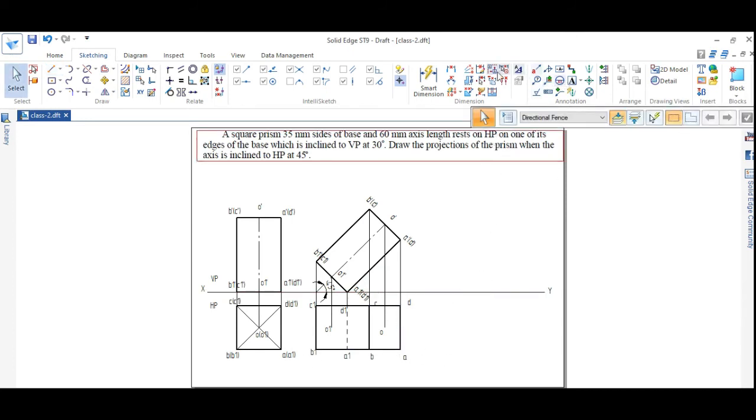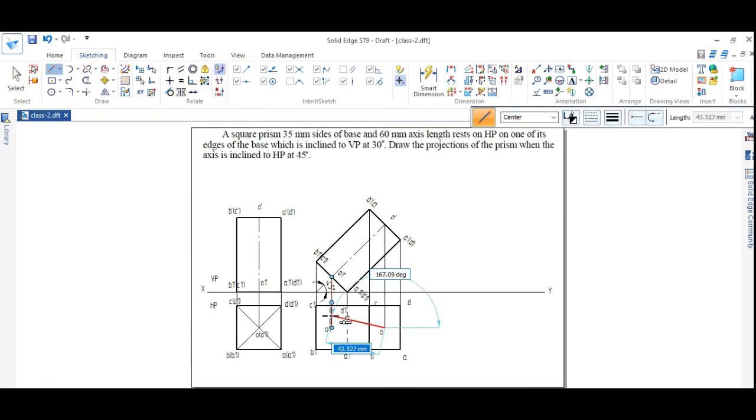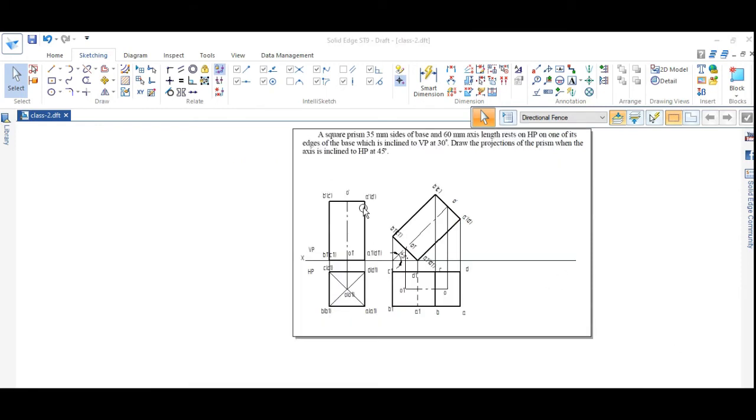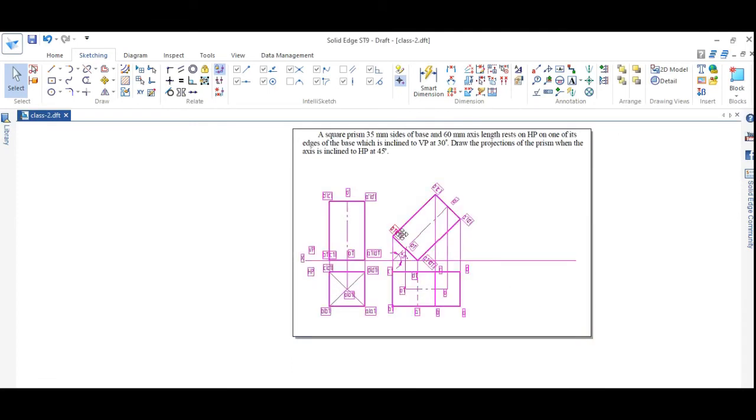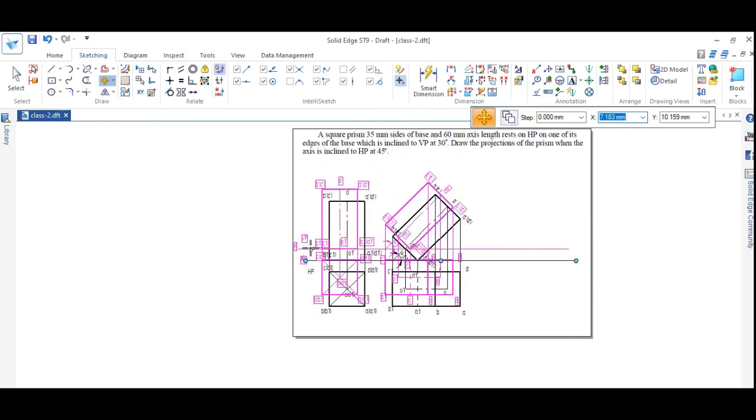So next remaining is the axis representation from O to O, right? So this is how the representation has to be made with respect to the hidden line, whichever is the far. To solve the final position, what I do is I will just move this a little bit upward so that the space will be available for me to represent the final position.